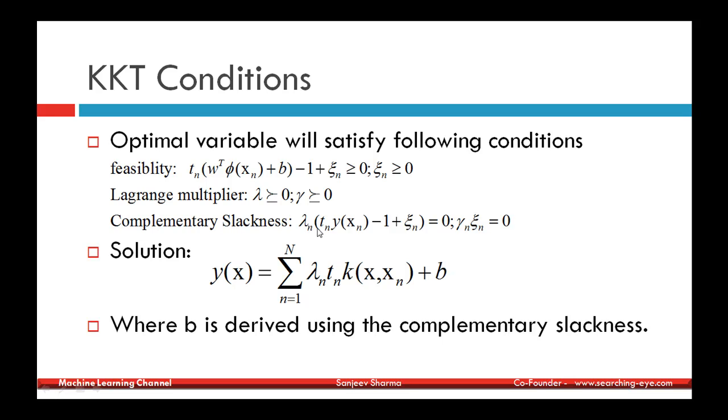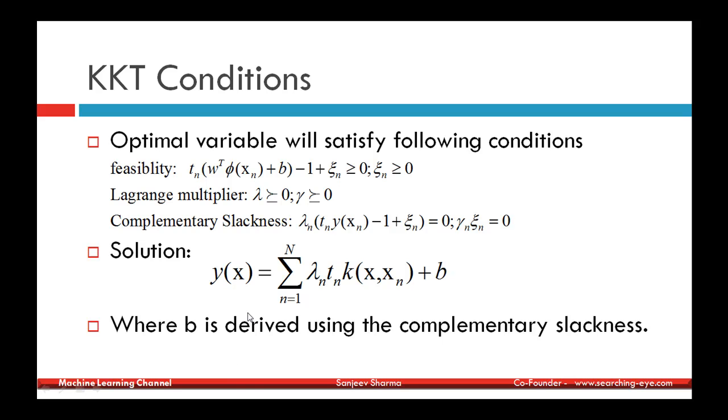And here is complementary slackness, which states that lambda n times t n times y of x n minus 1 plus eta n is equal to 0, and gamma n times eta n is equal to 0. And this is a solution, and b is derived using the complementary slackness, where we derive b for each of the support vectors,